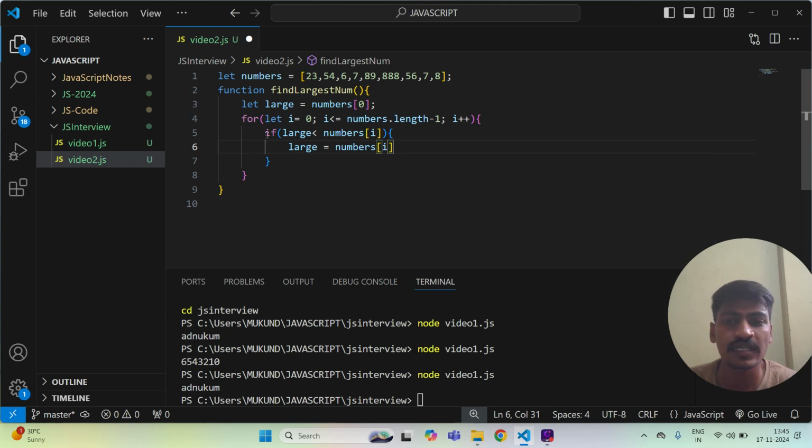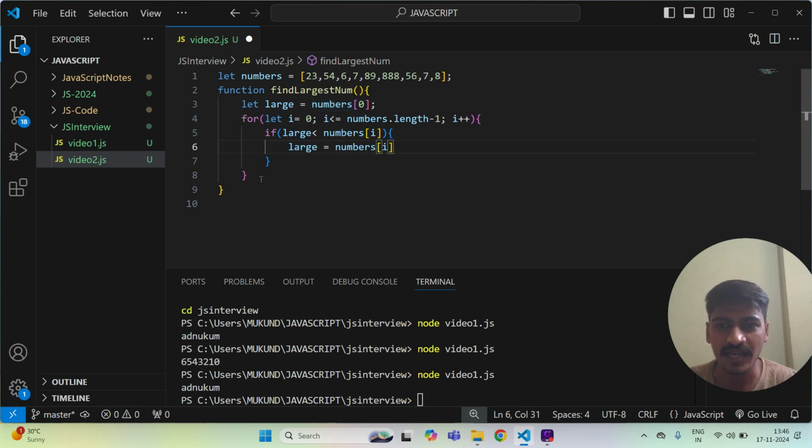Basically under the if, we are checking this condition. Initially we assigned index 0 as the largest number in that array. Here, if the value at numbers[i] is greater than large, then we assign this value to large, so it changes the value.